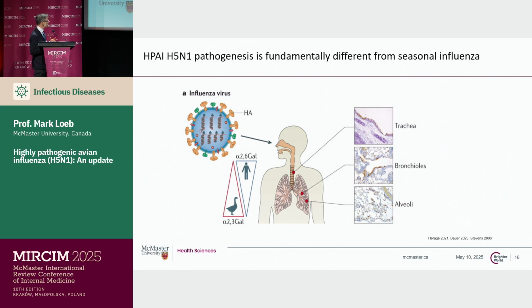Our seasonal influenza virus binds to an alpha-2,6 galactose receptor, whereas the receptor is an alpha-2,3 in birds, in aquatic birds, and in chickens. And what that means is that our alpha-2,6 receptors are in the upper respiratory tree. So that causes person-to-person spread for seasonal influenza. However, we do have the alpha-2,3 receptors in the lower respiratory tree, in the trachea, in the bronchioles, in the alveoli, and in the conjunctiva, which is why conjunctivitis is an important clinical clue for H5N1 infection, as is severe